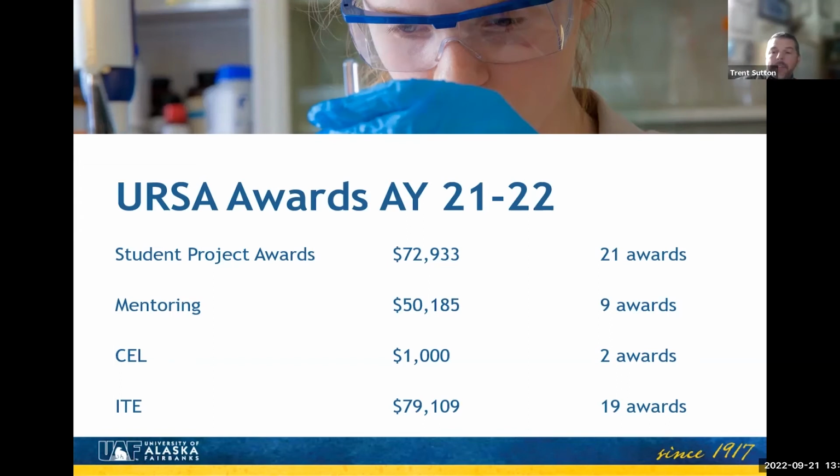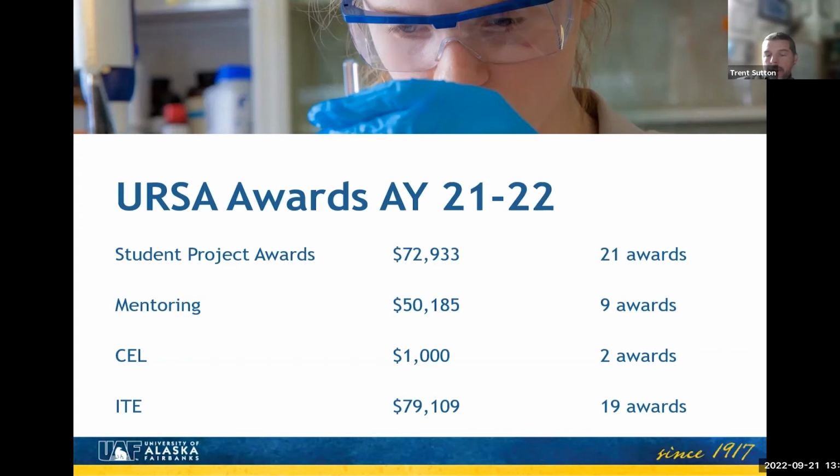In addition, something on our website that you might want to take a look at is a drop-down menu that gives a listing of all the different projects we've funded over the years. It shows the student and the project that they received. So if you want to look at the fall 21 projects that were funded, you can get a sense for what those were. Probably most interesting to most students, if you look in your area of your discipline, your area of interest, you can see all the different projects that have been funded in that area. That might give you some ideas for a project, or for what you can think about in terms of including.